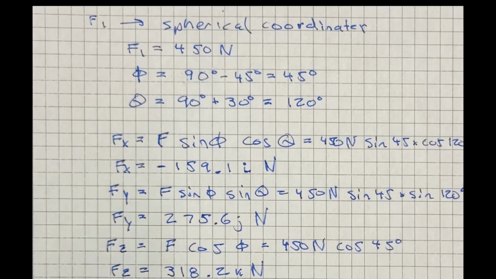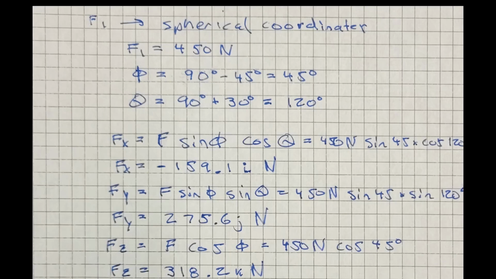Force 1, by looking at the information given to us in the picture and also in my free body diagram, is in spherical coordinates. So the information that defines a force in spherical coordinates would be F1, which is the magnitude, in this case 450 newtons, and then the phi, which is the angle off of the z-axis. Now if you look back again at my free body diagram, you notice it's 45. But remember, it is measured off the positive z-axis, and it just happens that 90 minus 45 is